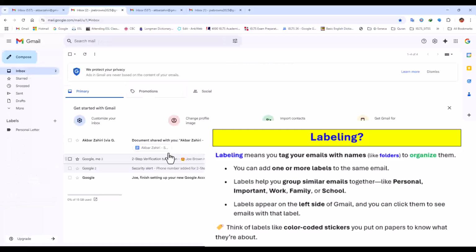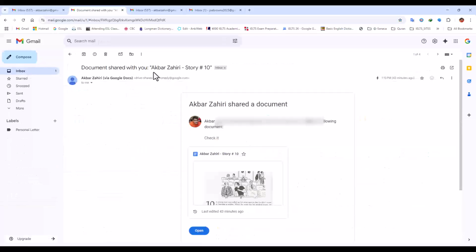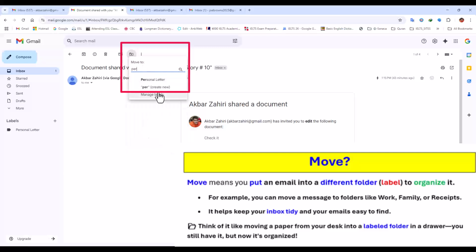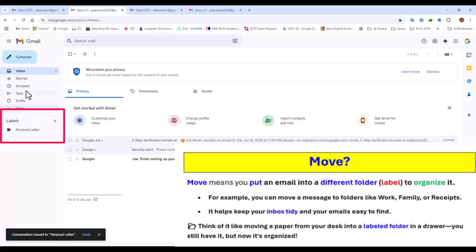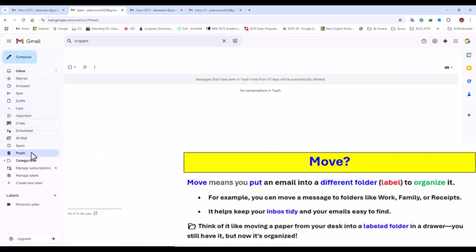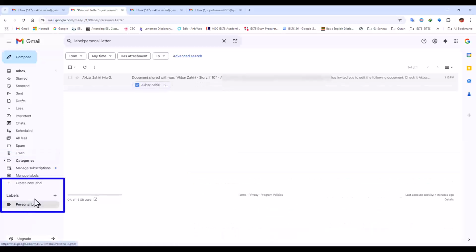When I go to inbox, and this is, for example, a personal letter, I can come here, click move, and move it to my personal letters. I can even search, for example, personal. Now it is not in the inbox, it is not deleted, it is not in spam or trash. It is in the folder that I created. It is called personal letters.